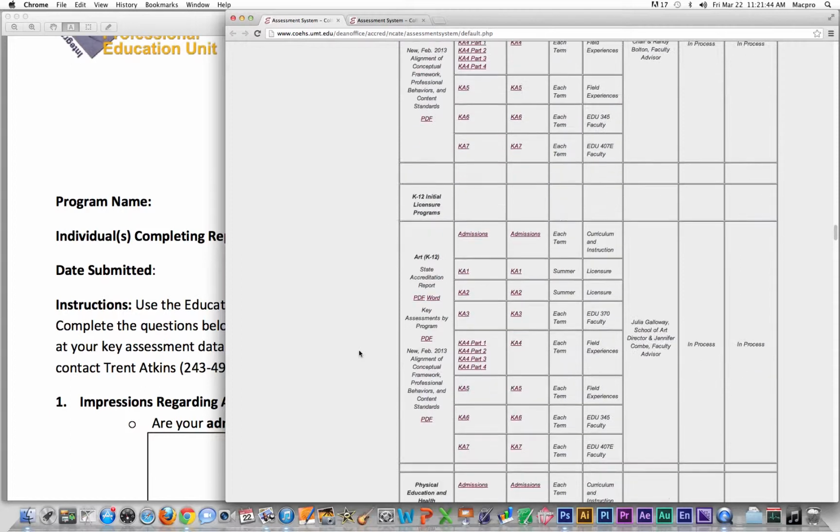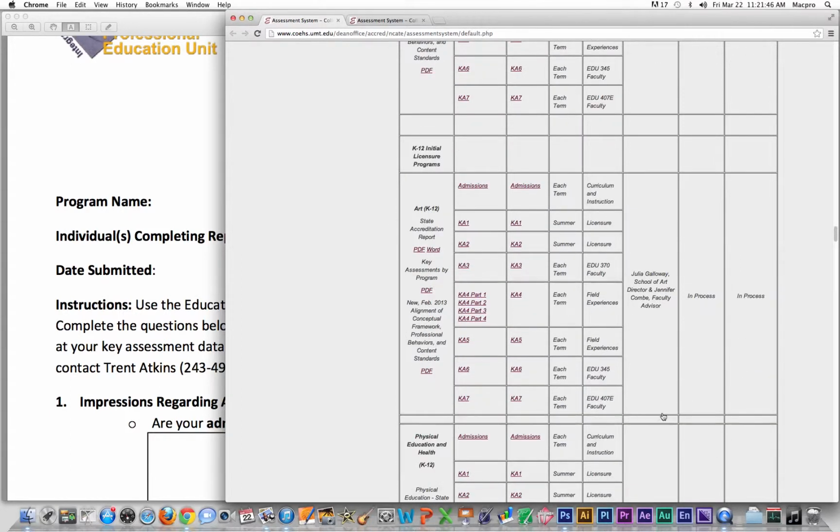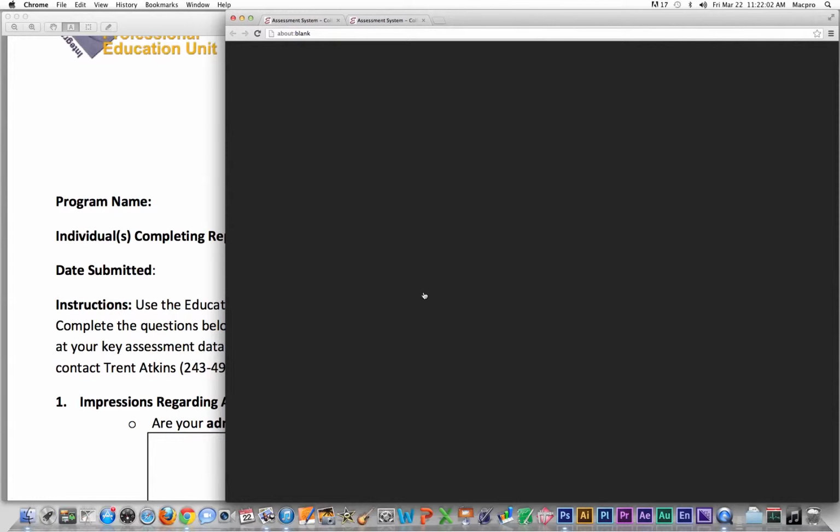Okay, so here are the K-12 licensure programs. In this first column, there's a lot of information. The state accreditation report that someone in your program helped complete. Most pertinent to this is the key assessments by program form. And you will see when this opens that we have